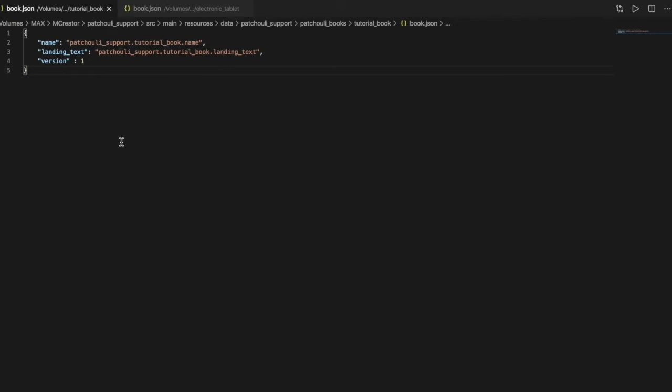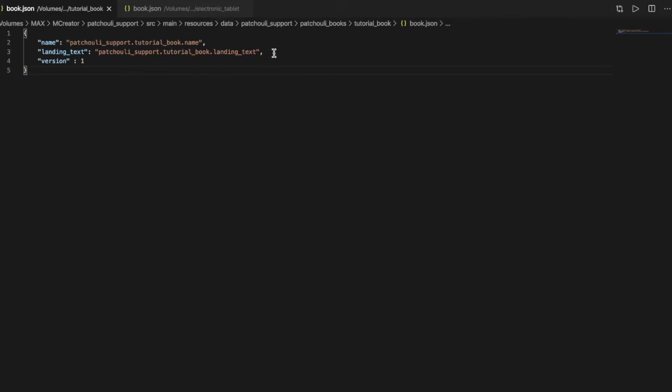As you see, we have the name, the landing text, and the version, but there are so many things more. First of all, we can talk about the book texture, which is the background of the book. We can use any location.